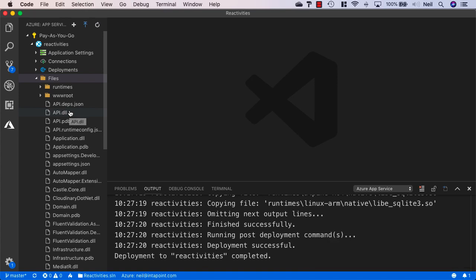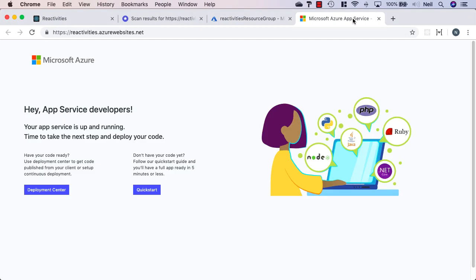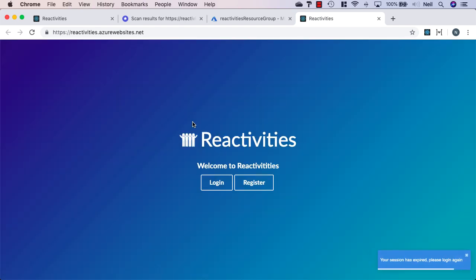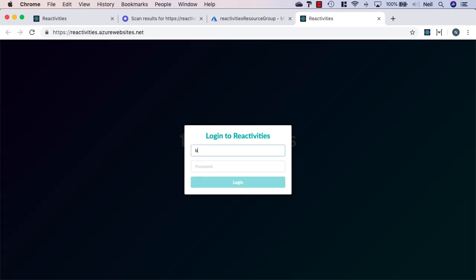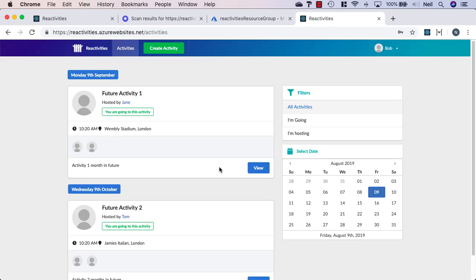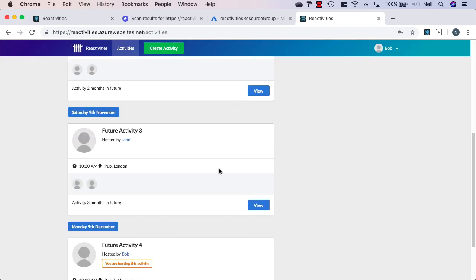So let's just go back to our browser, and go back to the page where we're running our application. I'm just going to hit refresh, and what we should find is that we see our application running and working on our server. I'm getting a warning about my session has expired, but that's probably from earlier testing of this same application. But what we should be able to do is log in with bob@test.com and the password. Log into our site, and it should be running,